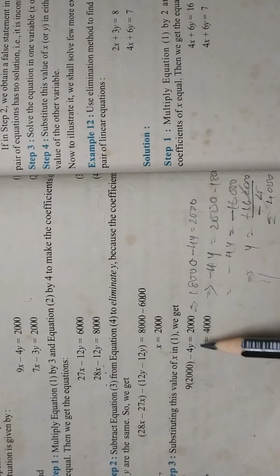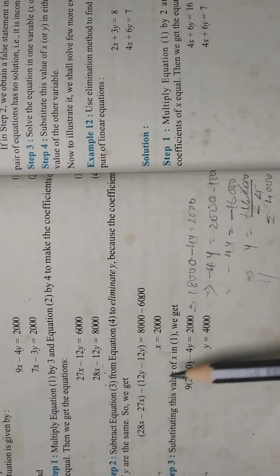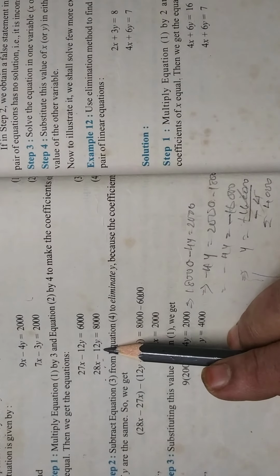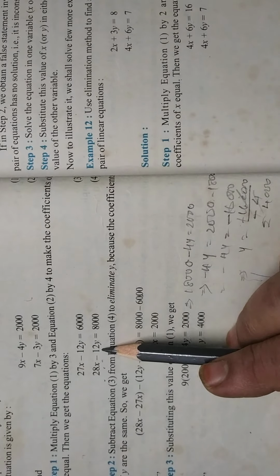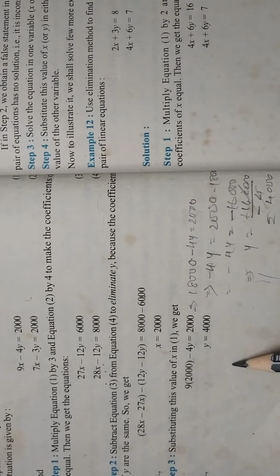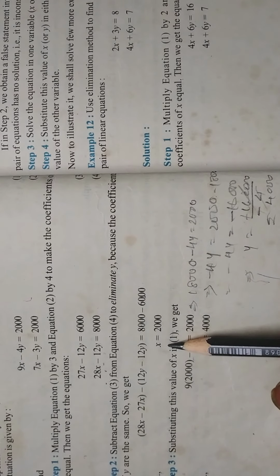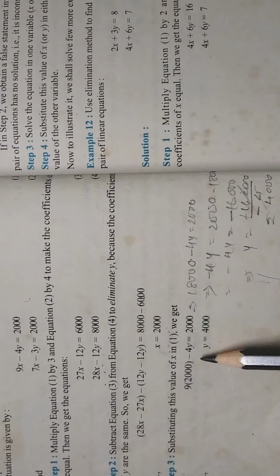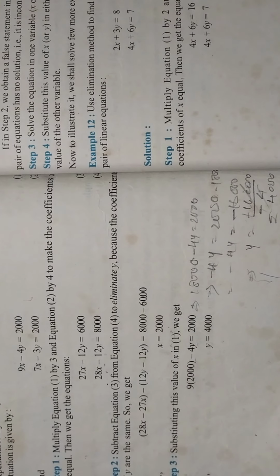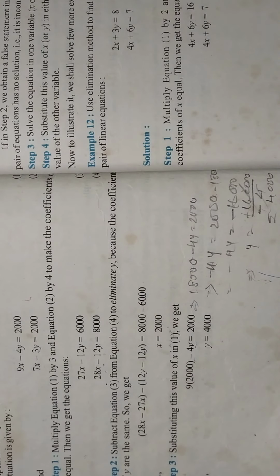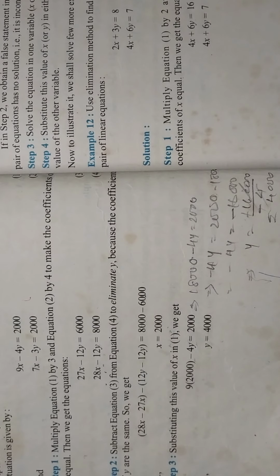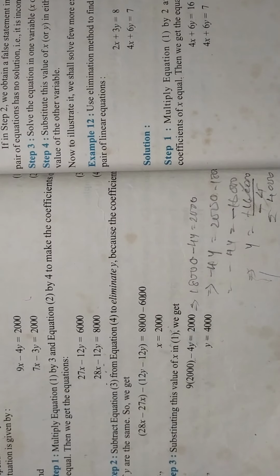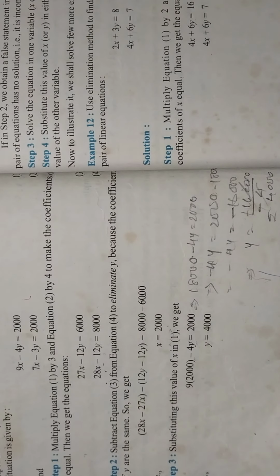This method is known as the elimination method. First we eliminate one variable, here we eliminate the y variable, and after that we get a variable's value, and that value is substituted in one equation, then we get the other value. This way we can solve and find the value of x and y, and this method is known as the elimination method. Now we will start the exercise